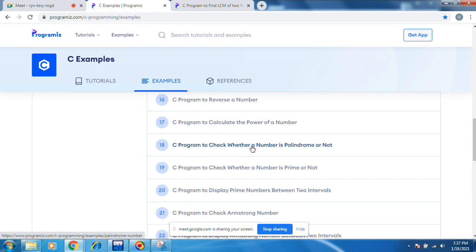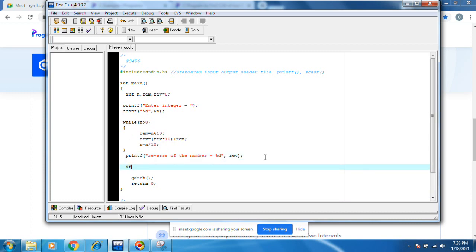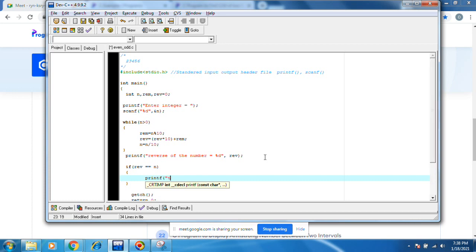C program to check whether a number is palindrome or not. Then how can we do? Same like this. Let's do the same thing. Reverse, we just did reverse. If reverse equals to n, printf the given number is palindrome.